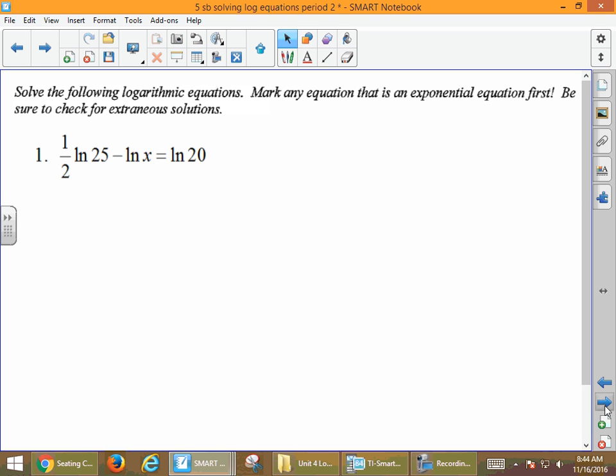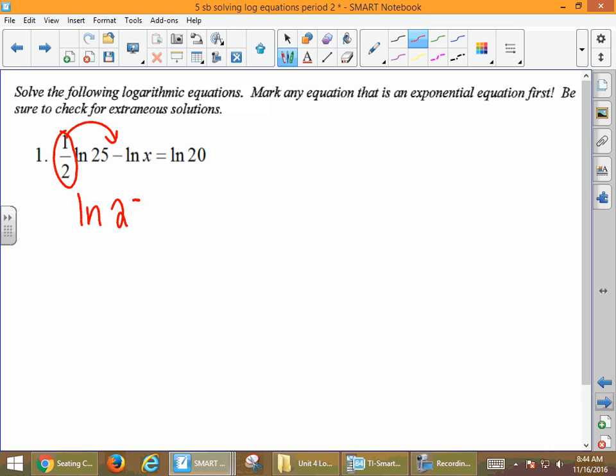But in this first particular problem here on the back, it seems that we have natural log, natural log, natural log, in all three parts of our equation. So this is not going to be an exponential. This is going to be a true logarithmic equation. And the first thing that we need to deal with is, do we have a coefficient? And we have a coefficient of 1/2. So we're going to make that,